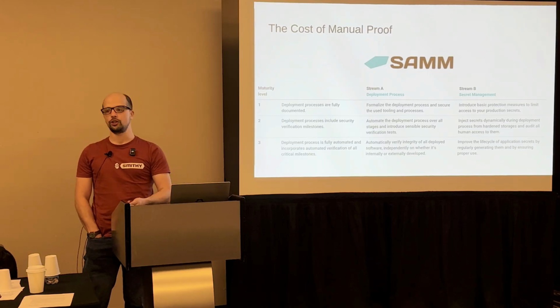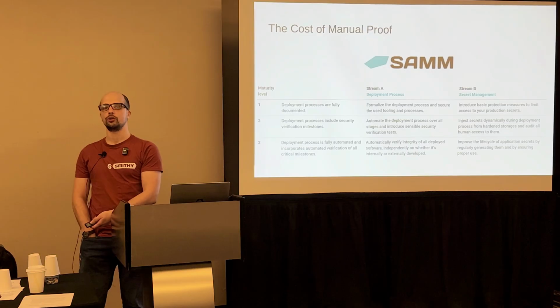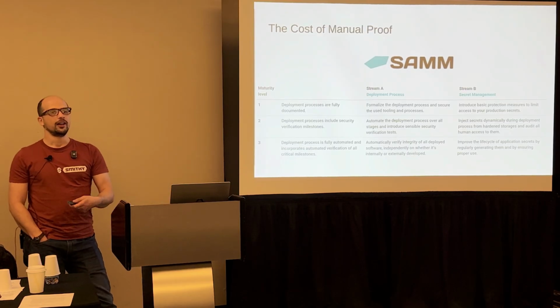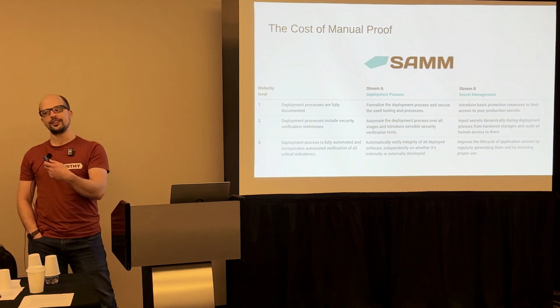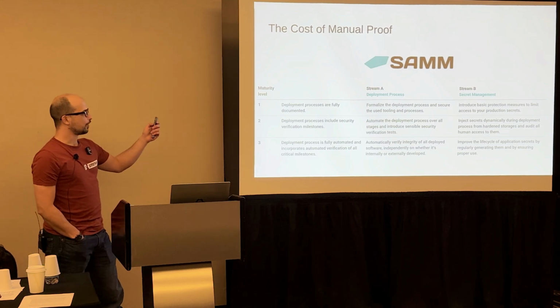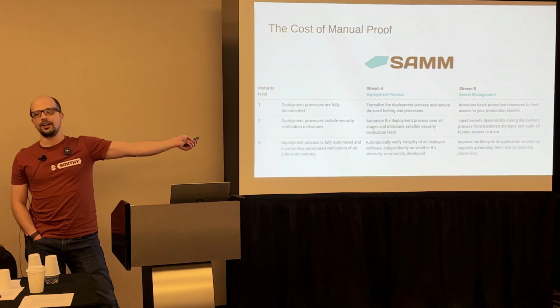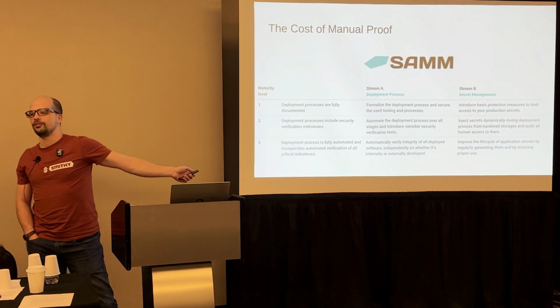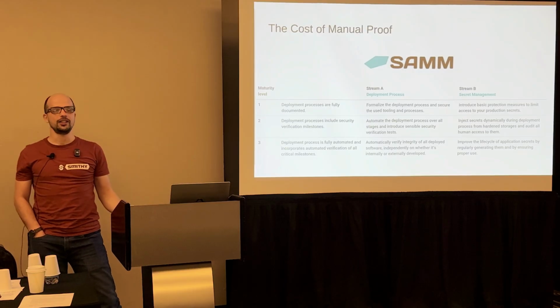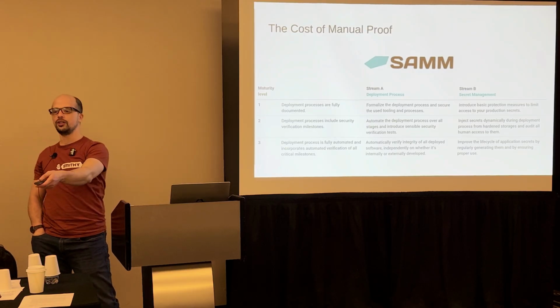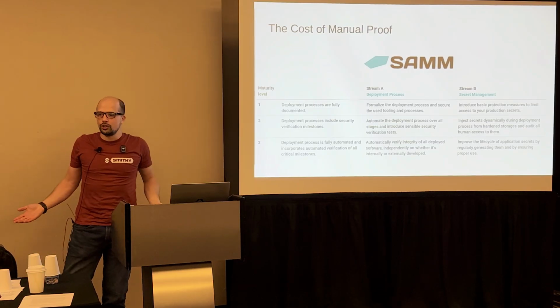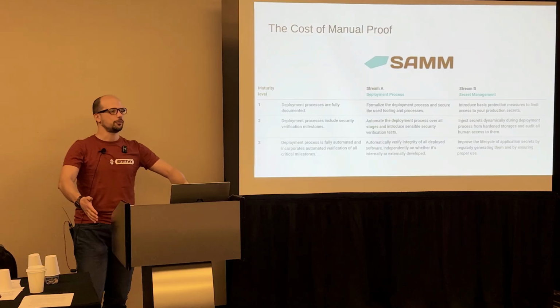Like the normal ratio of application security professionals to developers is 1 to several hundred. I've seen 1 to several thousand. Let's not go there. So if you are 1 to several hundred developers or several hundred teams, there is no way you're going to find out what they do. You have no idea. If you're using SAMM from our friends at Codific here, perhaps you can go to SAMM and find out all the assessments that they've done.